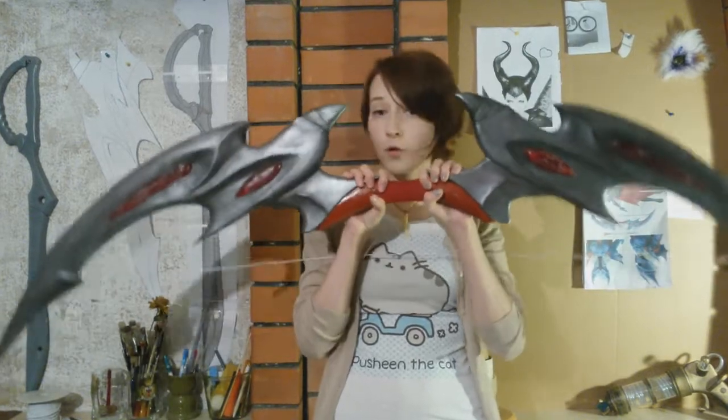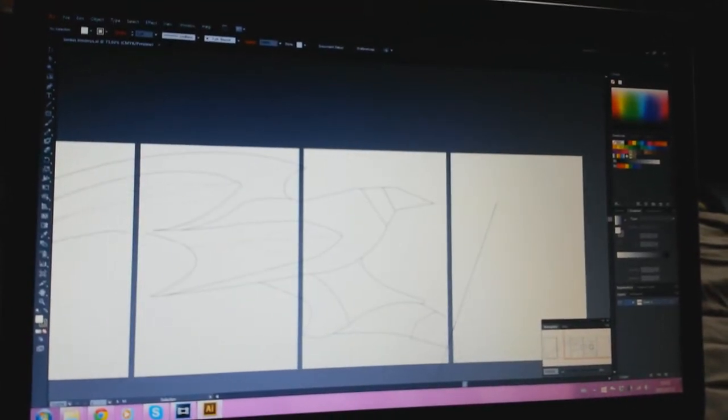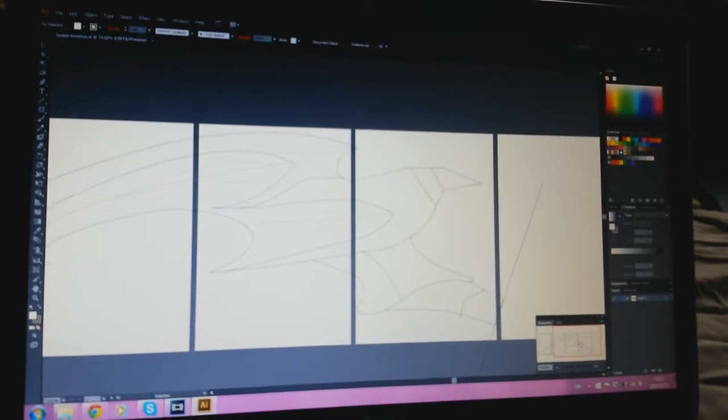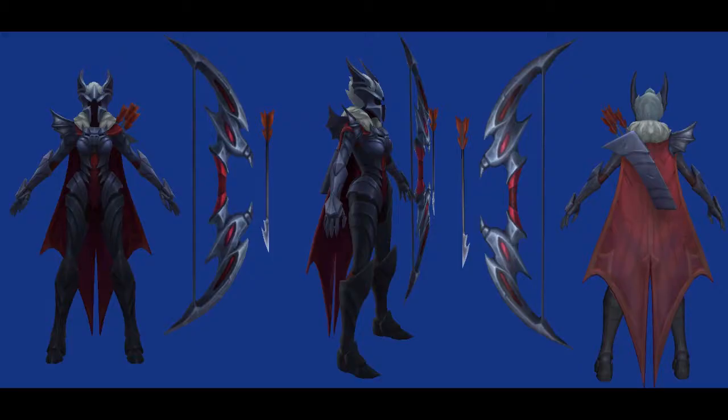So this video is going to be my Ashe bow making run-through progress video, and I will try to explain how I made it. So I started out by making a bow blueprint. Personally, I use Adobe Illustrator, but it doesn't matter what program you use, I just prefer this one. I use a League of Legends 3D model to trace out the bow, and then I print it all out